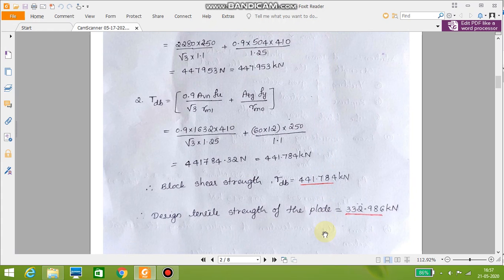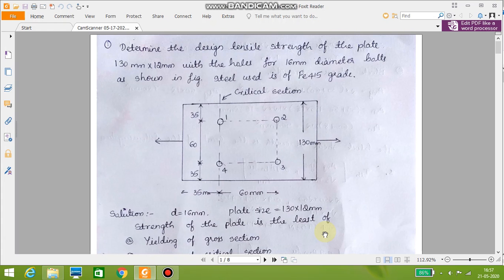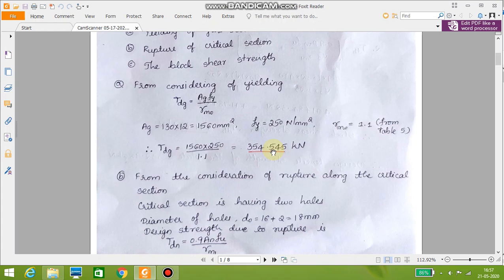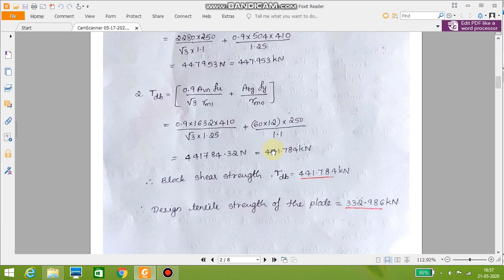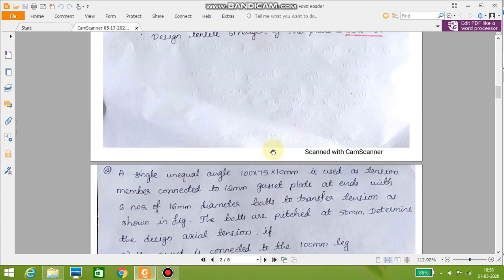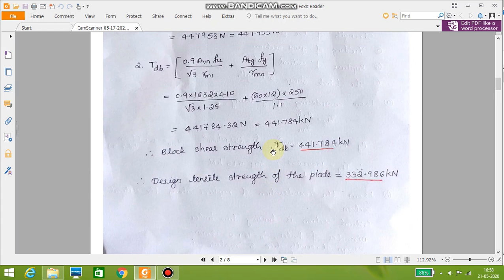In this way, in a simple manner we can solve a few of the problems. In the same way, if you get some other plates also, you can solve the problem. Only the change is that if you get a staggered bolt arrangement instead of this type of bolting, then you have to calculate the net area differently. You have to calculate the net area in each case and choose the maximum. If you have any doubts, you can clarify. In the coming video lecture, we will